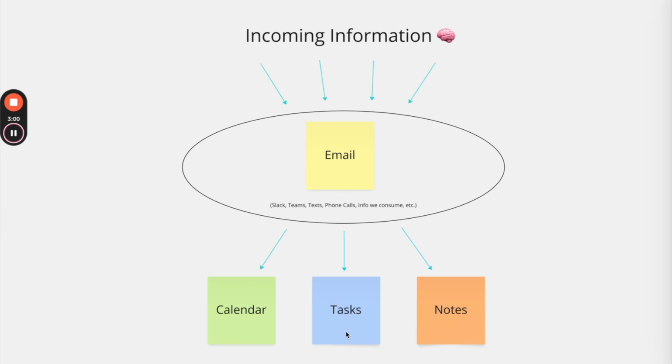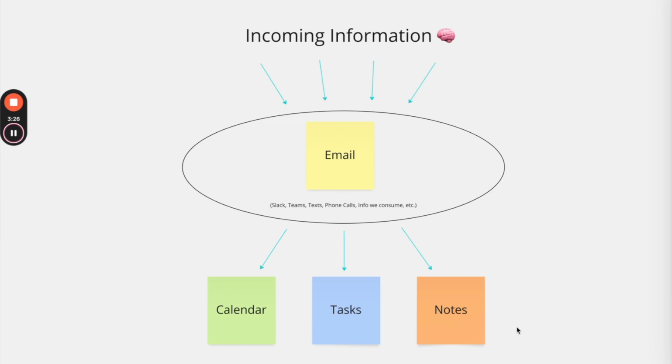But here is the thing about notes. They're not just random bits of information, right? They are essential connections between the other pillars. So when organized well, your notes can become a treasure trove. I just love that phrase. A treasure trove of information that you can act on. And here's how they interact with the other pillars.